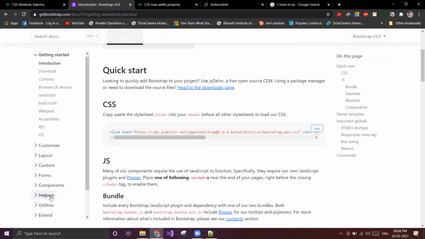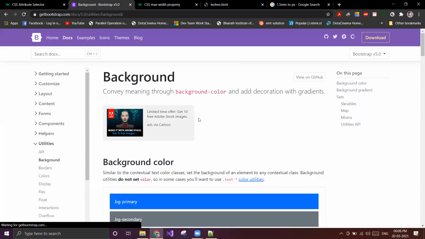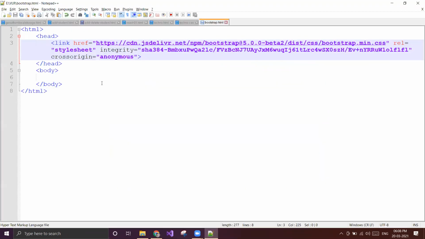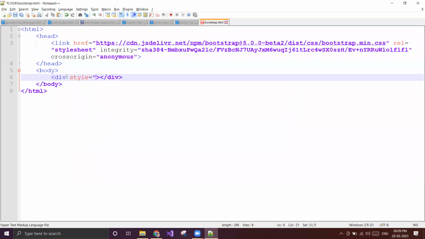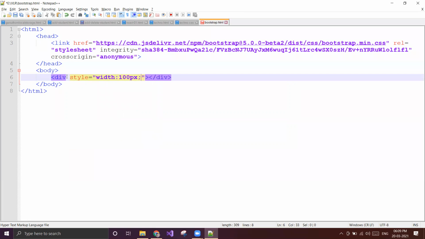Now I have this CDN. Here I'll have a div, and I'll apply some style: width 100px and height 100px.